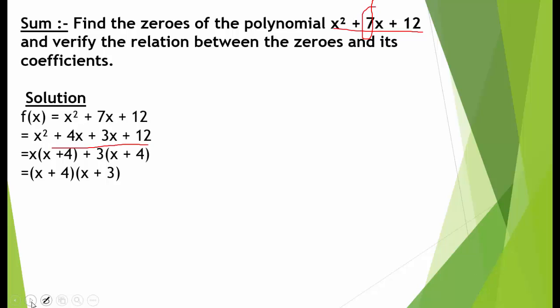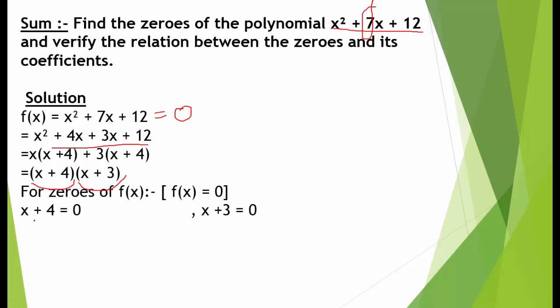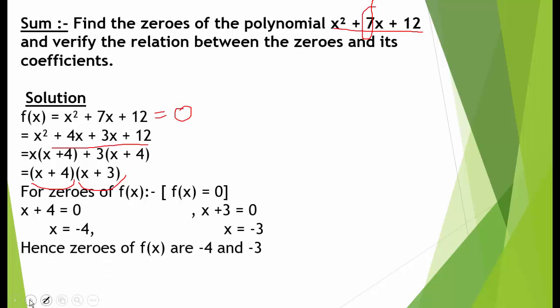Now if we are finding the zeros, it means this polynomial equals 0, then we can find the zeros. Now polynomial अगर ये 0 है तो मतलब या तो मेरा ये नंबर 0 है या फिर ये, either x plus 4 is 0 or x plus 3 is 0. Now if my x plus 4 is 0 then x is minus 4, and if x plus 3 is 0 then my zero is minus 3. So zeros are minus 4 and minus 3. We have found the zeros of polynomial x square plus 7x plus 12, that is minus 4 and minus 3.